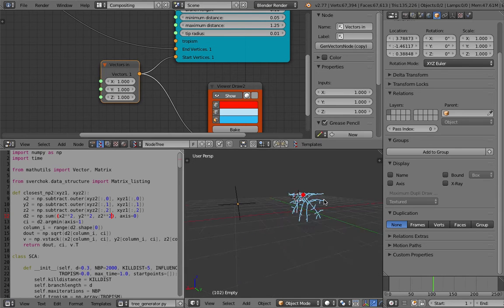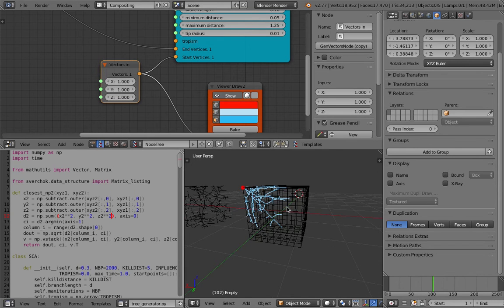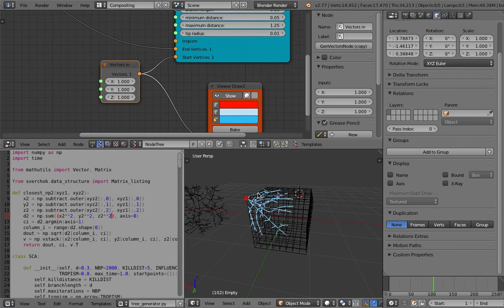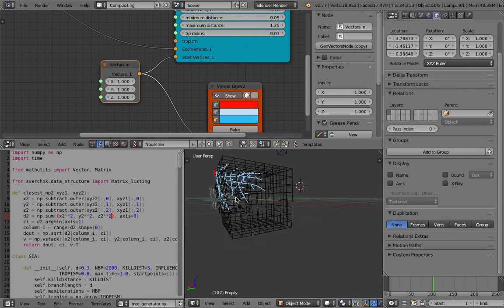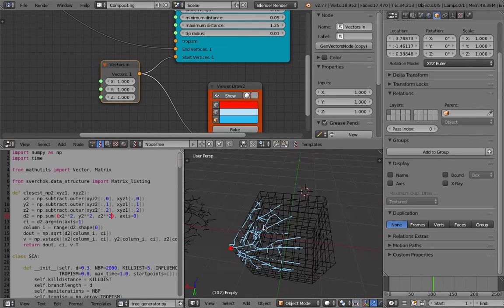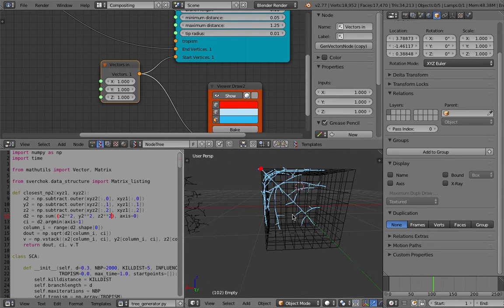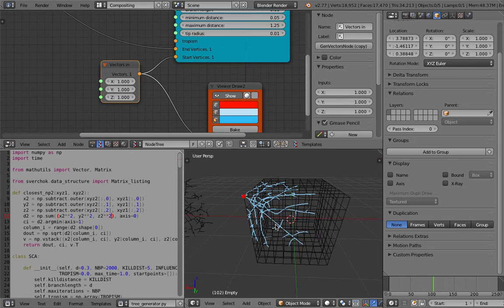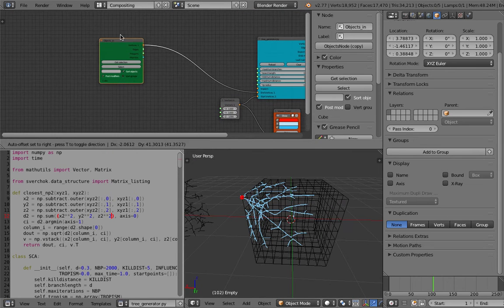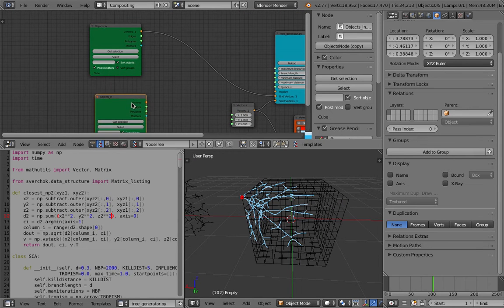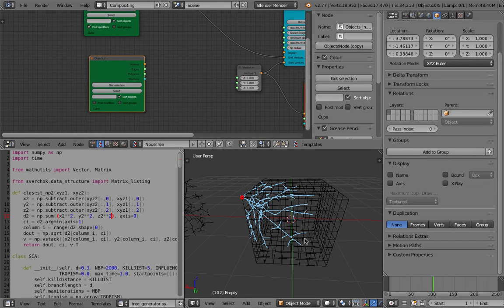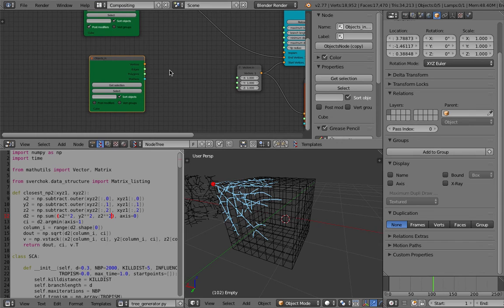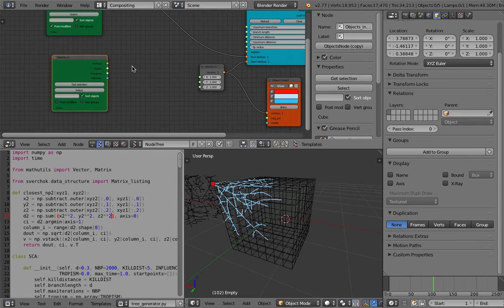But if I'm at the corner of this cube, we can see that it's kind of generating the thing that way. Let's suppose this is the object and it's looking at the cube. If we turn off the pose modifier, we get the basic cube with 8 corner points. We can use that as the starting vertices,